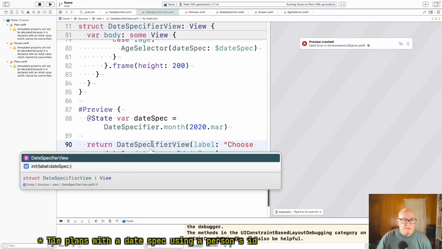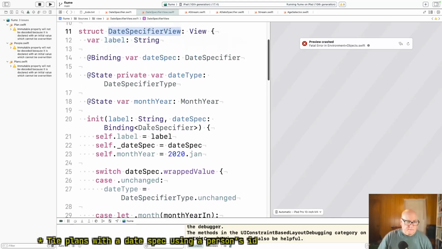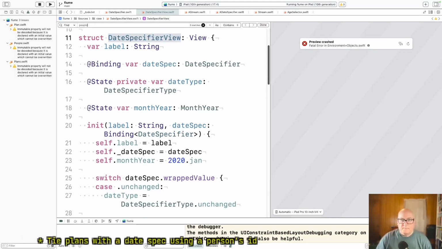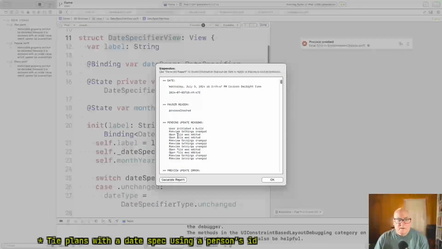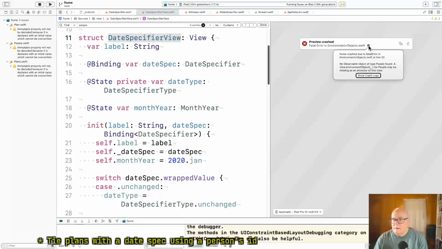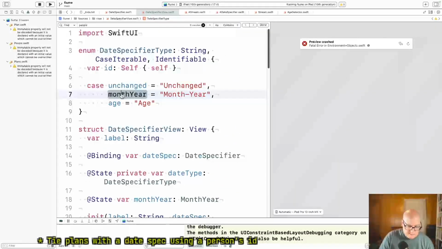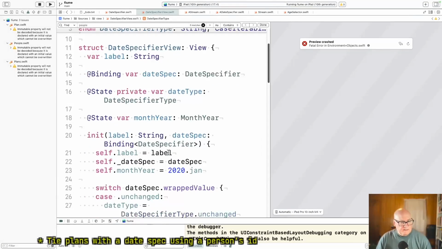Where does it get people? Environment plus objects. Line 32, no observable people. Okay, yeah, we don't have people, and somewhere we're referencing it. Not here.